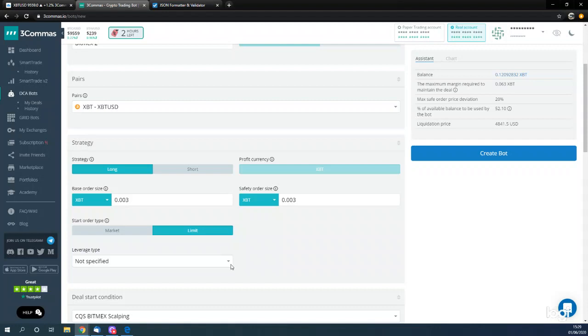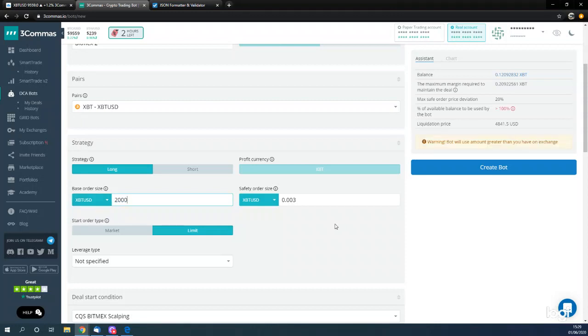We are going to use a base order size in dollar terms. So we're going to do XBT USD. If we were to click it in just XBT, I mean, XBT, just consider that as BTC. So this amount would have been an amount of BTC. So if we put 1, then it would have been 1 BTC trade. But we're going to put it as XBT USD, and we're going to start off with just a $2,000 contract